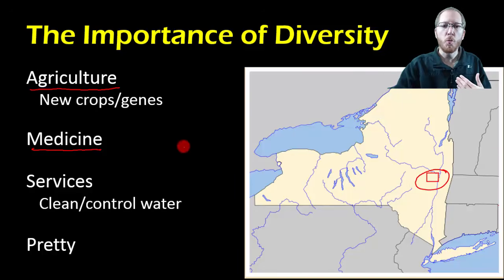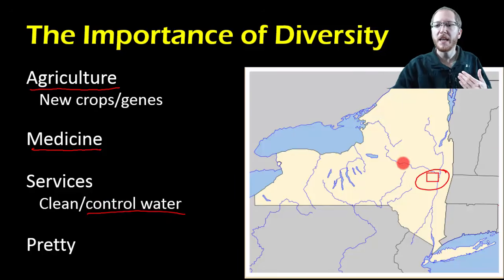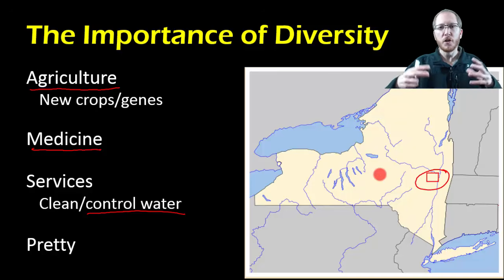It also helps control water, where if you've got things like flooding, whether it's from rains, whether it's from hurricanes, a lot of these wetlands, a lot of these watersheds can ultimately funnel that water safely to a location away from us. Or if the water does start to rise, the wetlands basically fill up instead of our backyards, instead of our basements. And so these guys can help control things like flooding. And once again, we don't have to pay money to build walls or things like that. If we leave the watershed in place, if we leave the wetlands in place, they'll normally take care of that for us for free. We just have to not destroy them.